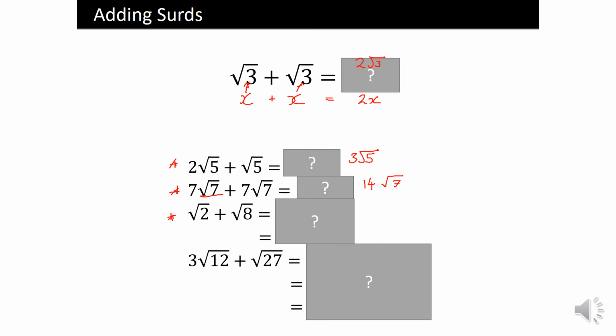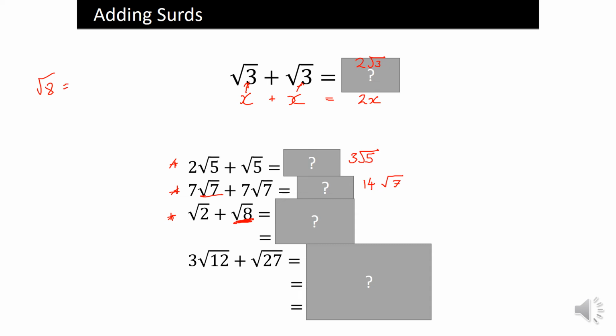So if we've got root 2 plus root 8, we can see we've got different square roots, so we've got basically x plus y here. So we can't simplify that. But is there something we can do to root 8 to get it so it is in terms of root 2? Or we can simplify it. So root 8,